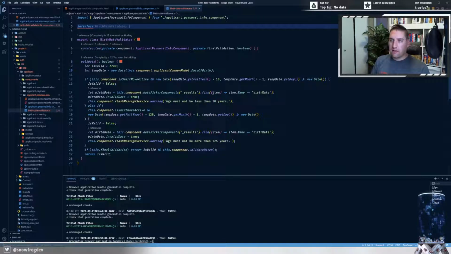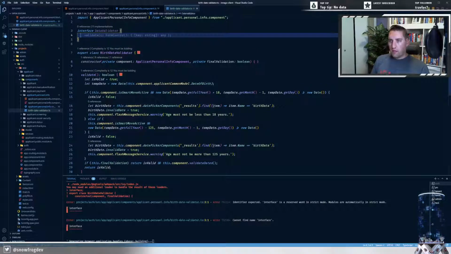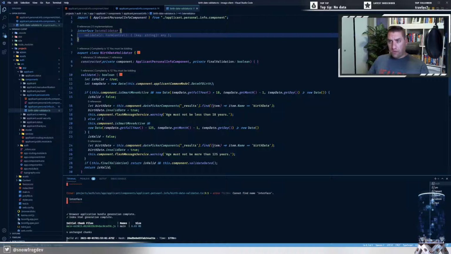We can refactor that and break it out into a different file later. So we're going to create an empty interface to start with. And let's just call it date validator for now. And now there's a few different ways to go about this. But an easy one that I think you pretty much have out of the box in every editor I've ever worked with